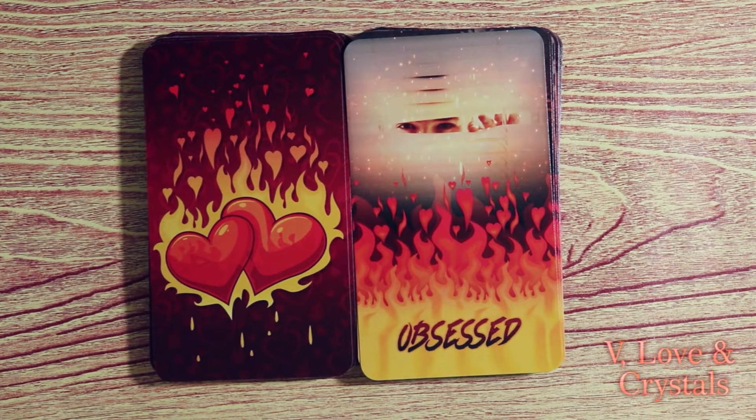We have obsessed. So I wanted a card or a word that didn't have to do with being stalked or watched. It could be that as well, depending on how you perceive this card, how it comes out in your reading. But I really wanted something that tells you that this person is obsessed and addicted with you, or that the person is addicted with someone else. They can't get enough of them. They're watching the social media, but not only that, they're like,